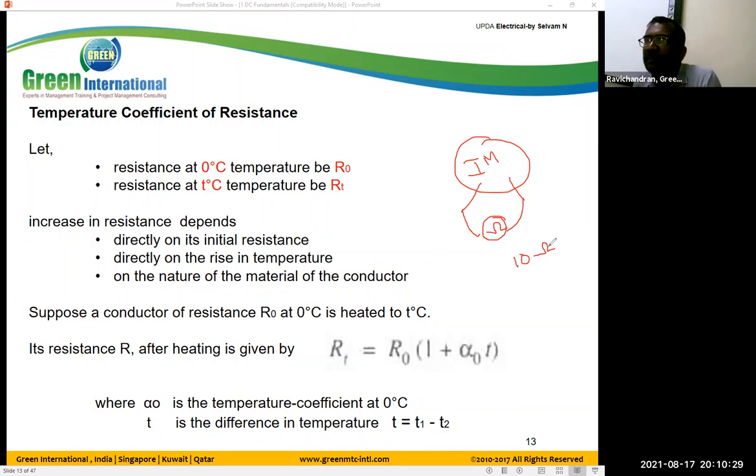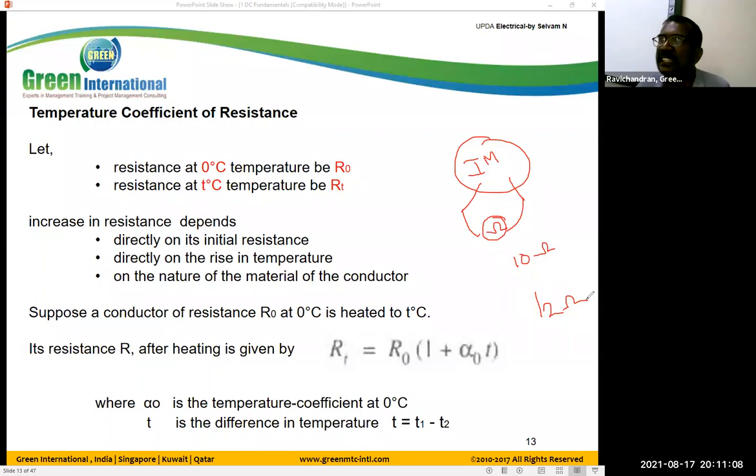Now I keep this induction motor in a pond, near the seesaw. During the installation, I measured the resistance value as 10 ohm. In the June month at 11 o'clock, I measure the resistance value. But it's not 10 ohm, it has become 12 ohm. Because the 10 ohm was at room temperature, maybe 40 degrees Celsius. But now, in June at 11 o'clock, the temperature is approximately 50 degrees Celsius.